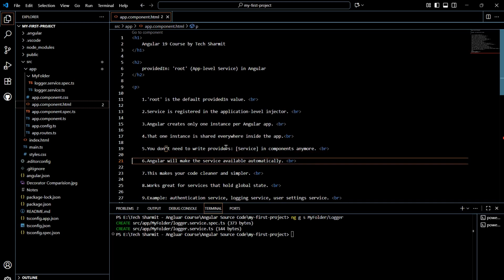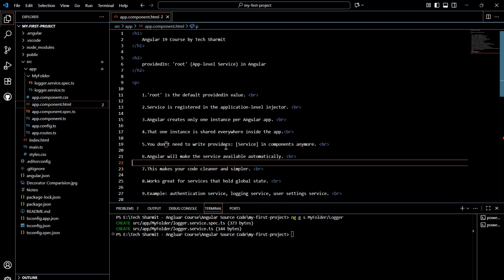That means in this situation, if you are using root, it will make the service available throughout the application automatically. There is no manual effort needed. But in case of providers, we need to write everything manually to define it, right? Okay. Then we have